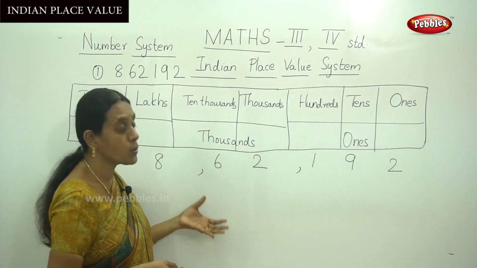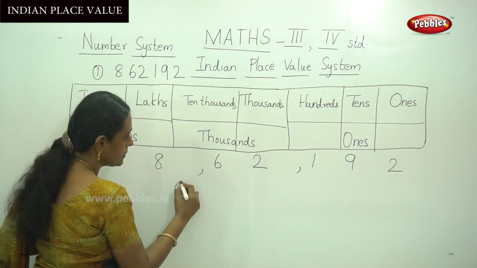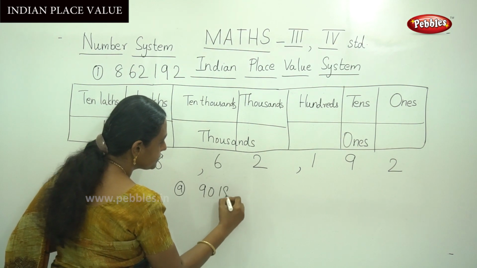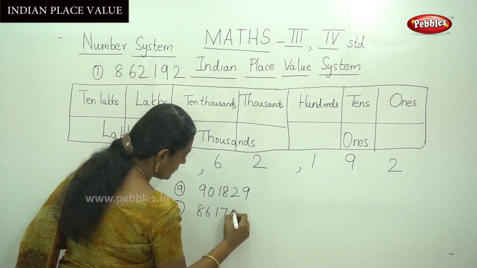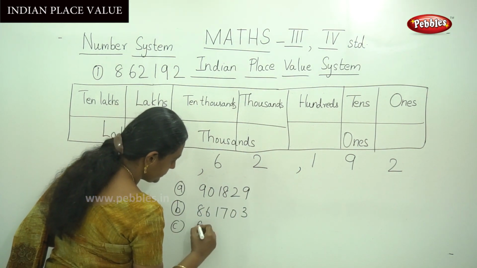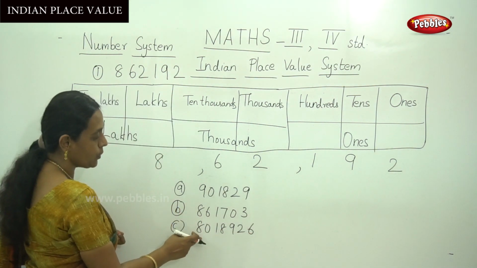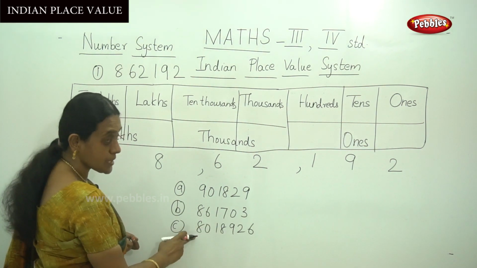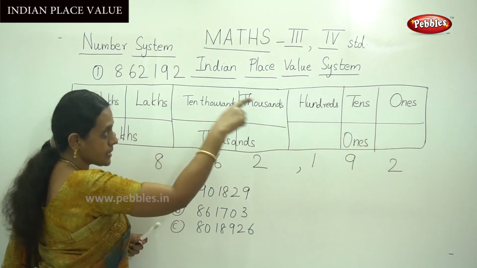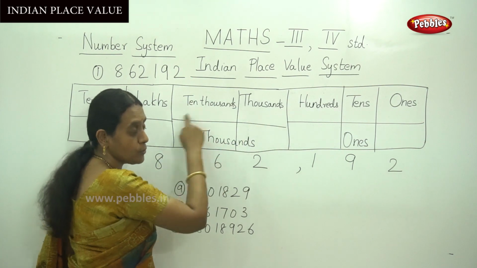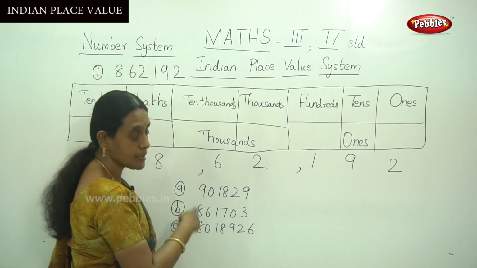This is the Indian place value system. I will give you 3 more sums, you have to practice. Okay, this is the first one. Another sum. For this you have to add one more digit, that is a 7-digit number, because it comes like 80 lakhs. So you have to draw this column and write the place value, and put the number in each box like this. Example sum. Practice these 3 sums.